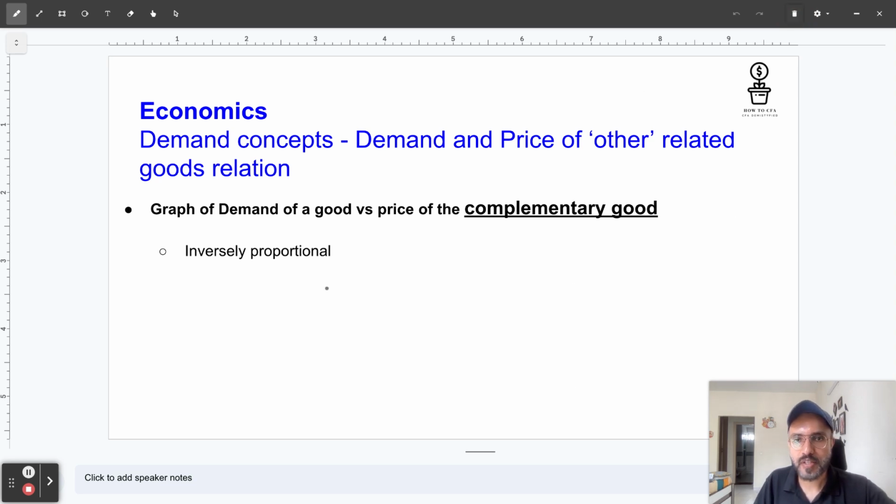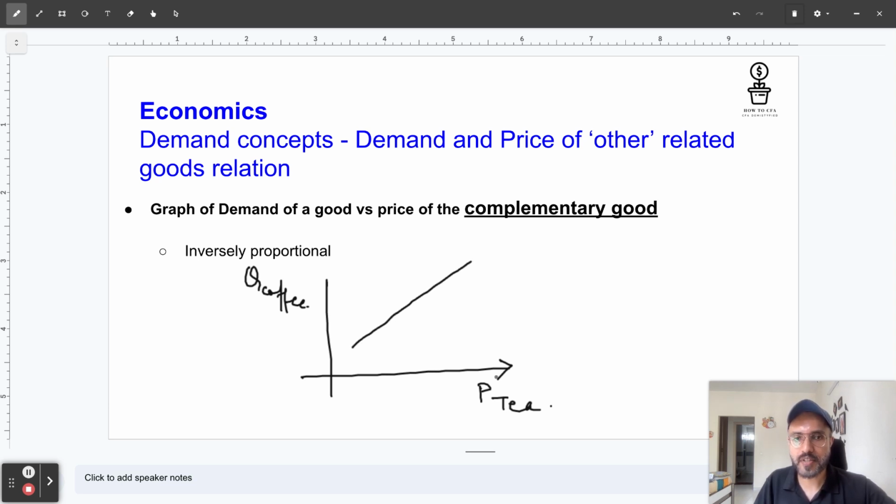What we have seen is that in the case of the price of tea and the quantity of coffee, when we have substitute goods, this is how it behaves. If the price of tea goes up, the quantity demanded of coffee will go up, and they will be directly related. This is for substitute goods. And if it is a complementary good, say the price of petrol